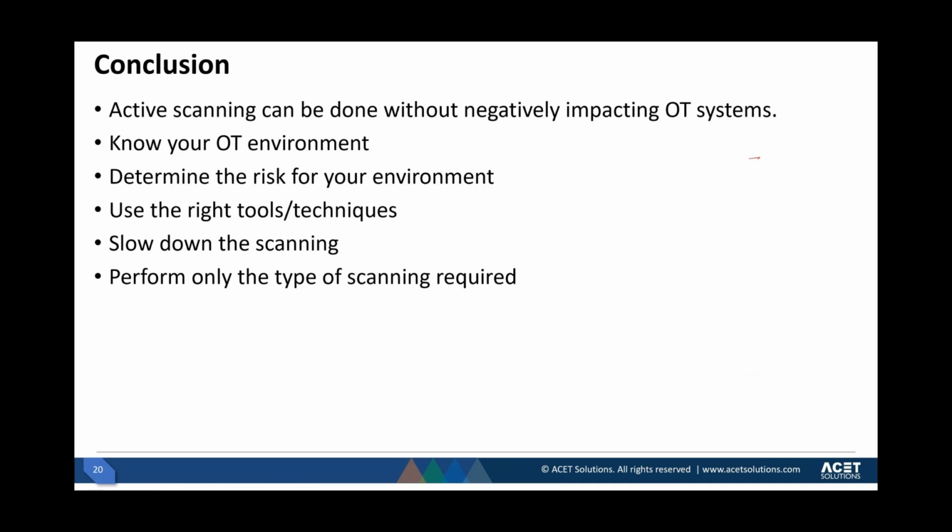When doing a PT, do we need to review the configurations of the SCADAs and PLCs? Am I reading the questions for the previous webinar? No, it's okay. It's okay to ask questions. That's fine. When doing a PT, do we need to review the configurations of the SCADAs and PLCs?